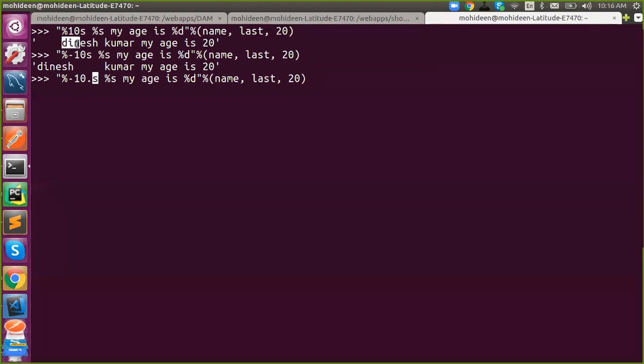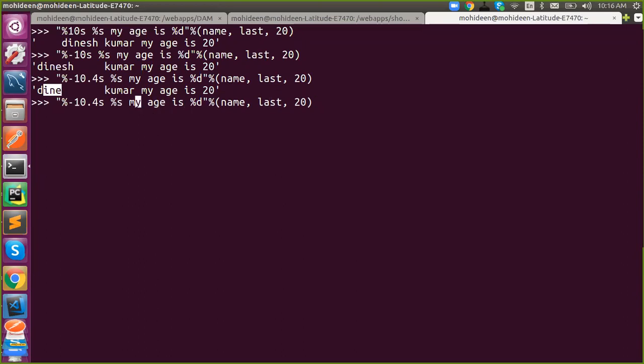Here my name can be any set of characters. If you want to clip, say for example dot, I want the first 4 characters, just say .4. This will actually clip your 4 characters. And here the width is not required actually. The name can be any length, it won't bother about that. You will simply clip your words with the given input. So if you say 4, the name will be clipped to 4 characters. For that we can use dot 4.